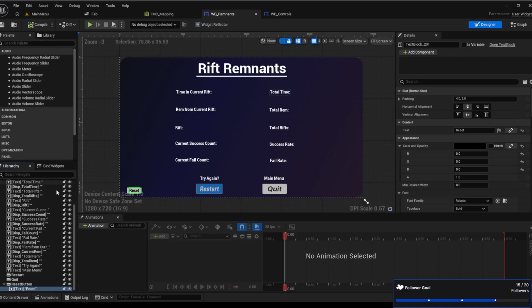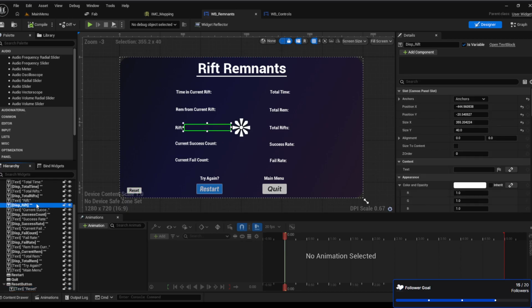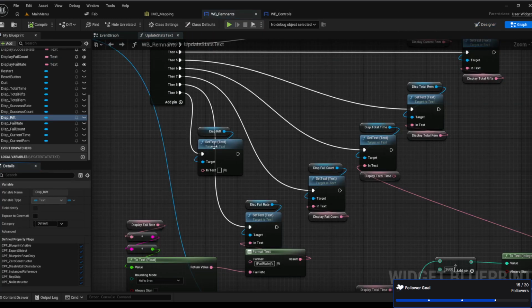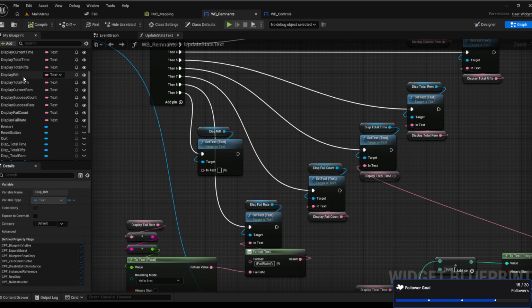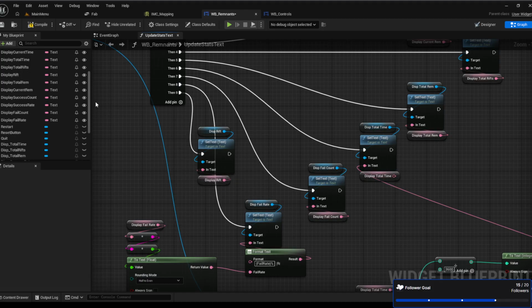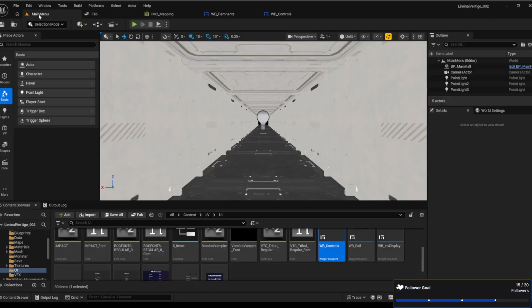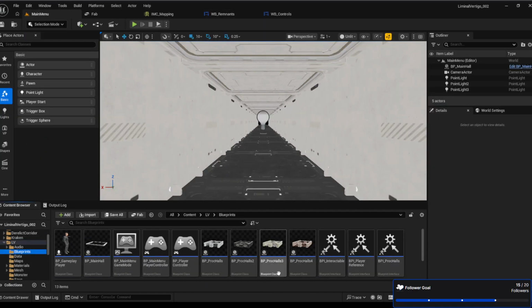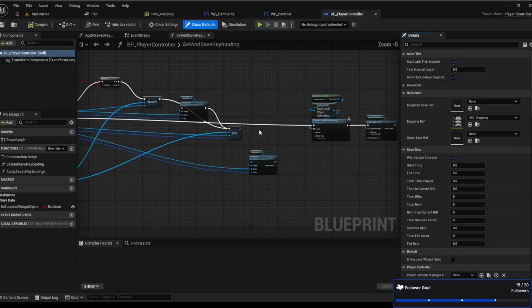Compile, save. So I guess Rift is here, and in here, I guess I'll just connect it. And it should. But now I need to open Blueprint controller. And